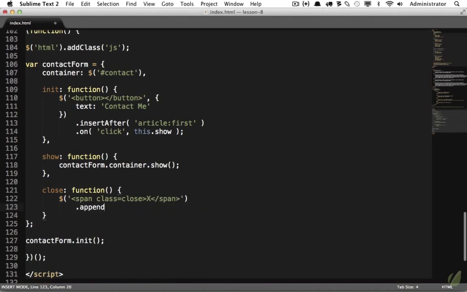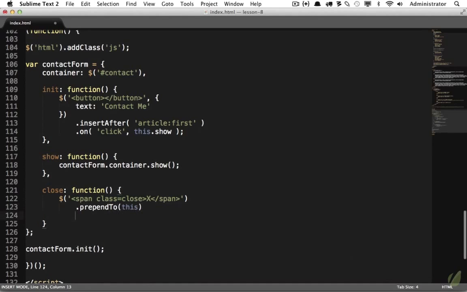We're going to append it to, and what will this refer to in this case? The truth is, this can refer to whatever you say it does, but you have to be explicit about that. So when we call this function, I want to make sure that this is going to refer to the container or the div with an ID of contact. So keep that in the back of your mind. This is the contact div. So we're going to append that X span, or why don't we change it to prepend to,